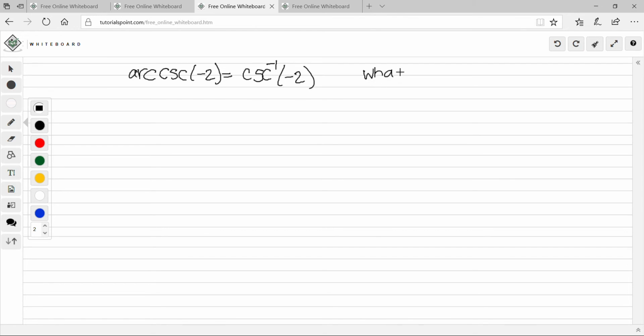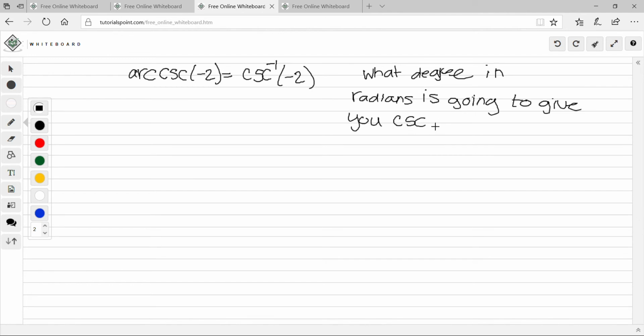What degree in radians is going to give you cosecant equal to cosecant of -2,